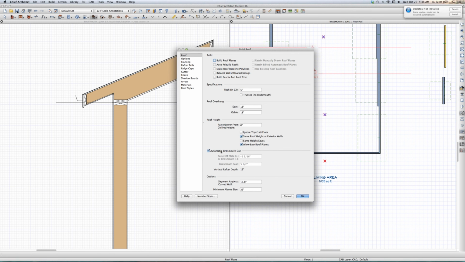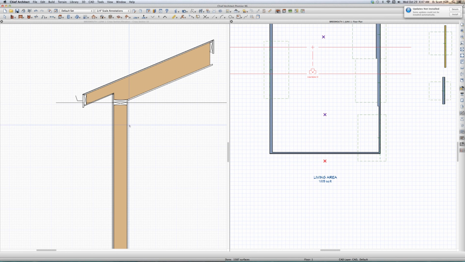Because suppose you have a 2x12 wall. Do you really want a 4x6 to have an automatic cut, which means it cuts right on the interior face of your top plate? And that's essentially what happened on my model that I was building. I had 2x12 exterior walls, and I had 4x6 exposed rafters, and it built to the very edge of it, which I sort of understand. I guess what I'm getting at is